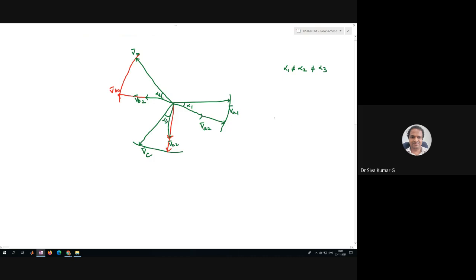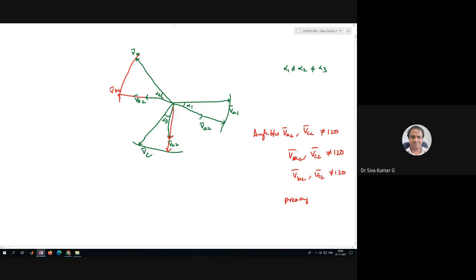Whereas the voltage angle between VA2 and VC2 may not be equal to 120 degrees. Even between VB2 and VA2 or VC2, the angle may not be 120 degrees. Maybe between VB2 and VC2 it is not equal to 120 degrees. If we go for a pre-sag compensation, then how do they do it?